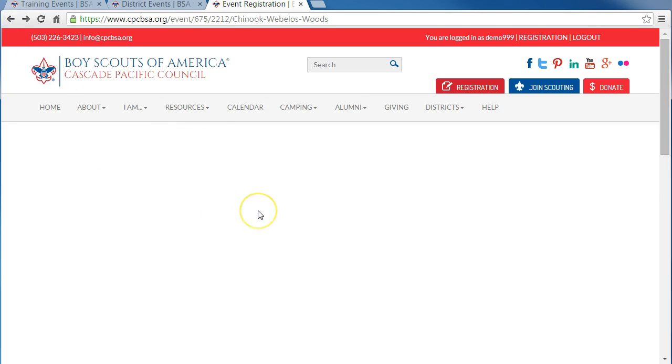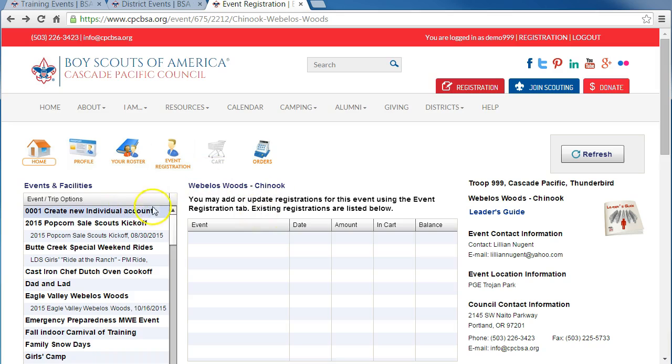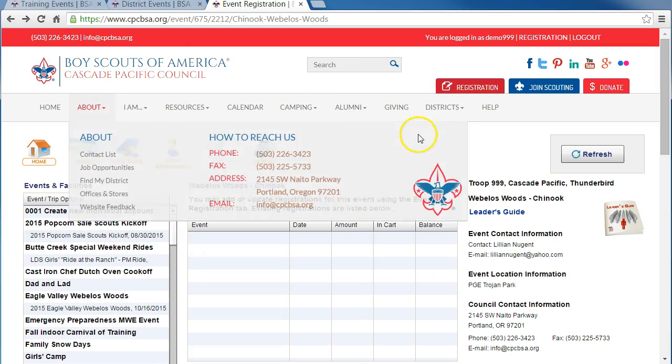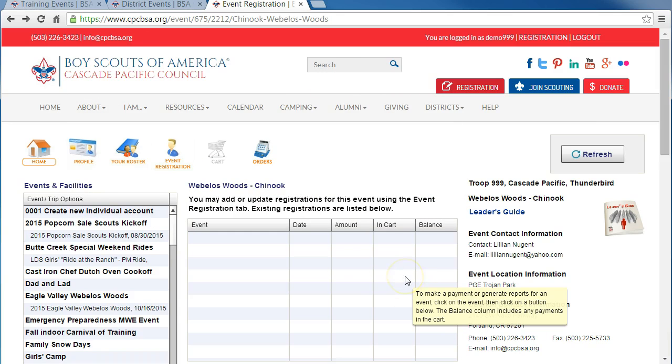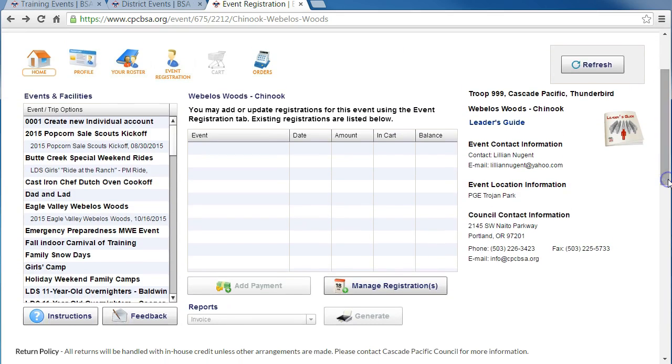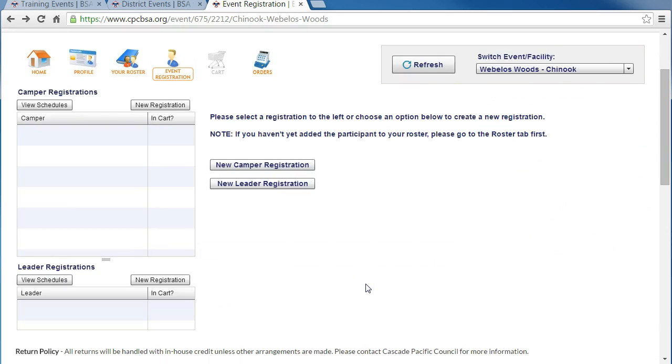So don't worry too much about here. If you want to hunt and peck and find what you can sign up for because you're interested, feel free. But most of the time it's best to sign up in the various other ways I described through the calendar and event registration pages. So here we are at Chinook Webelos Woods, and we're just going to register individual people